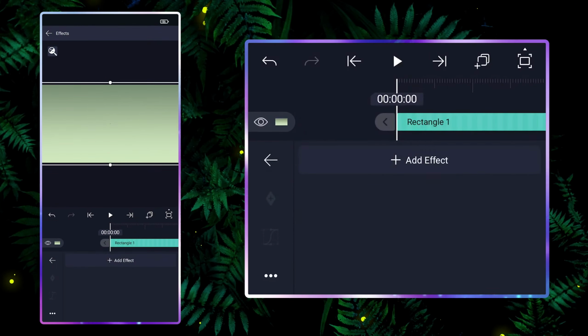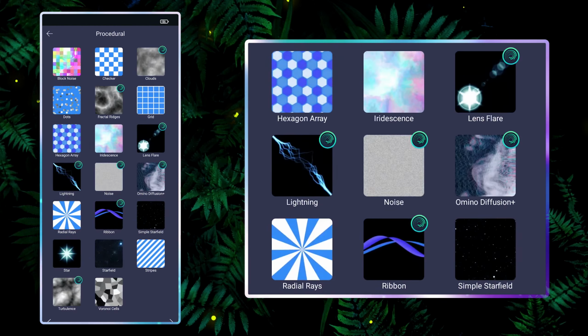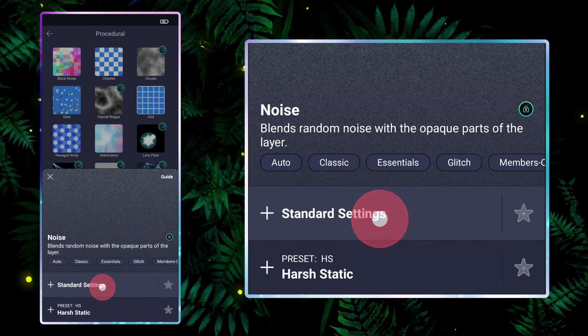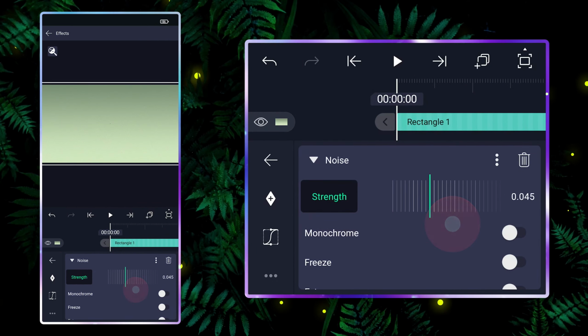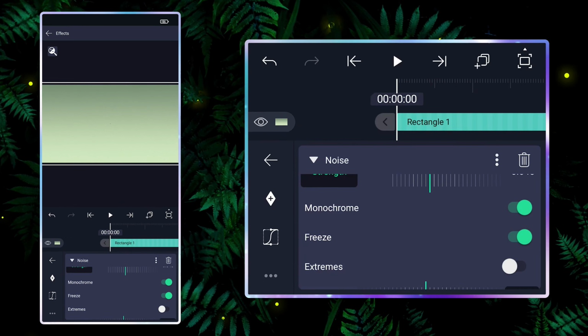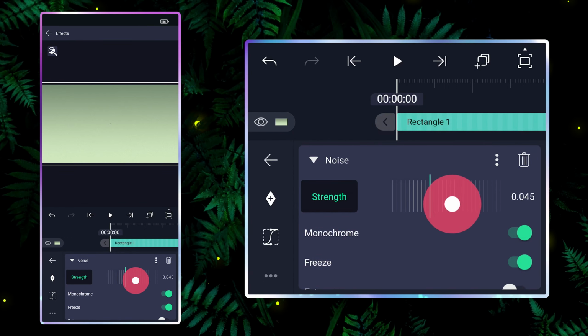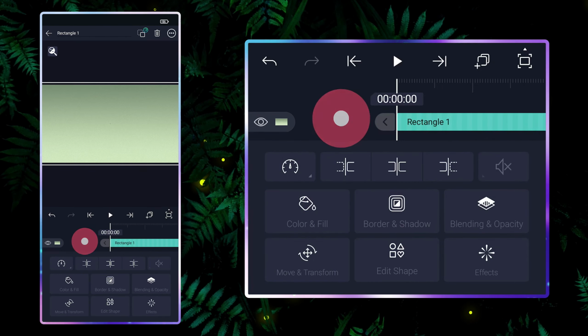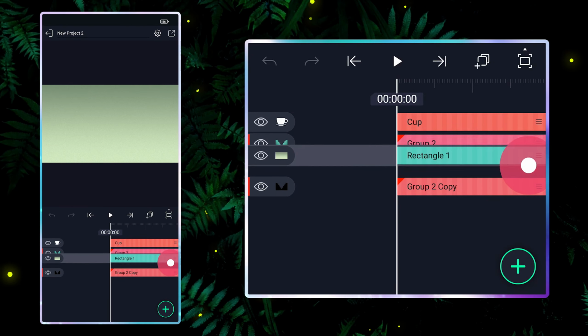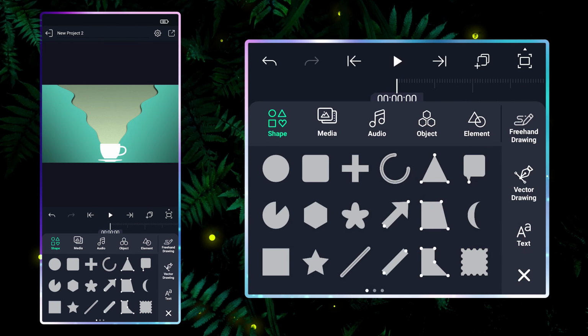Apply noise effect to it. Bring this layer down. Draw another shape as follows.